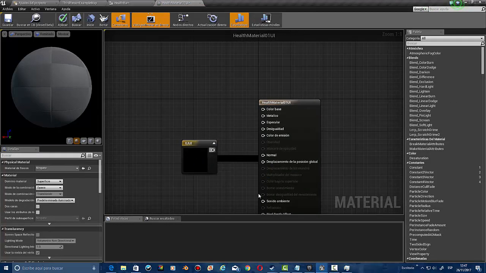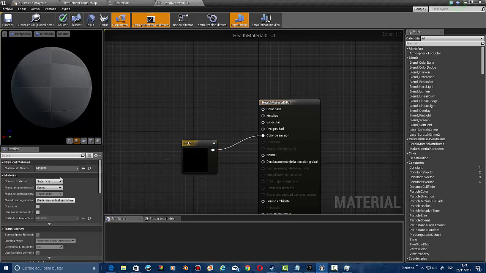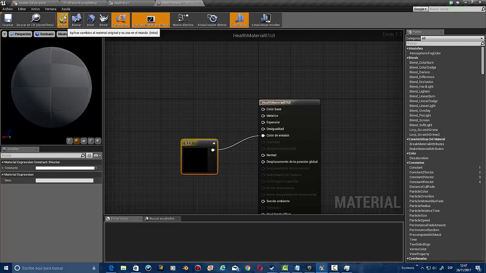What I did is apply this to where you could do this to base color, but what I did in the other project was try to add this to emissive color. It's not going to really make any change actually, I think. So you make this white. We compile this,